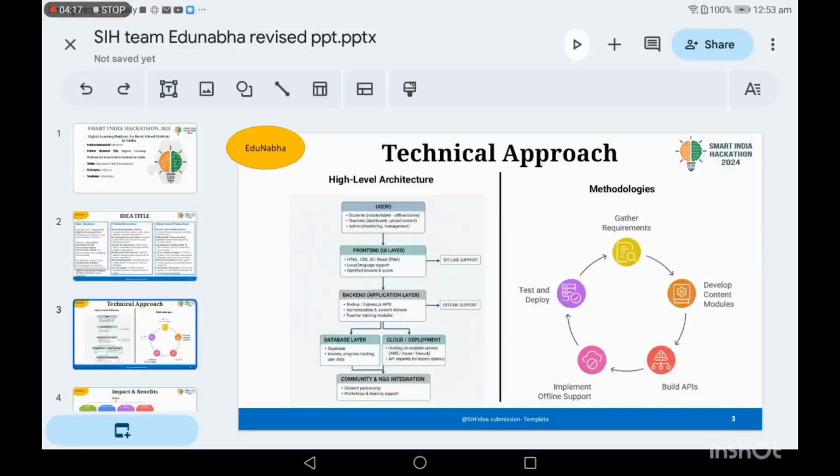Backend application layer: Node.js or Express APIs, authentication and content delivery, teacher training modules. Database: Supabase, lesson progress tracking, user data. Cloud deployment: hosting on scalable servers like AWS, Azure, etc. APIs for lesson delivery, community and negotiation like content partnership and other government schemes, government rules and regulations, NGO